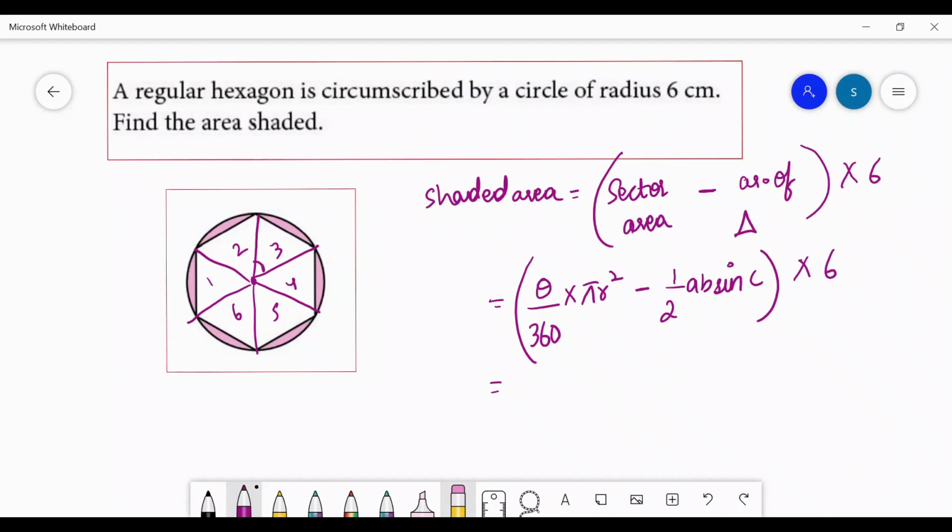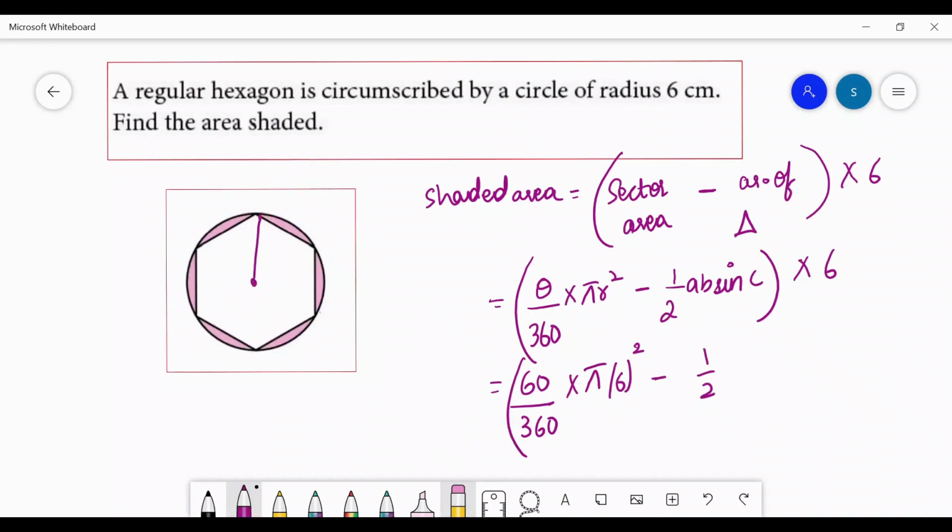So that would be theta is 60 degrees, as I already explained. All of these are equilateral triangles because it's a regular hexagon. So 60 by 360 into pi r square. R is 6 centimeters, it's given in the question. Minus 1 by 2. So if you consider